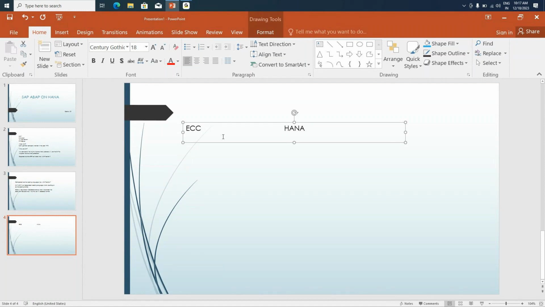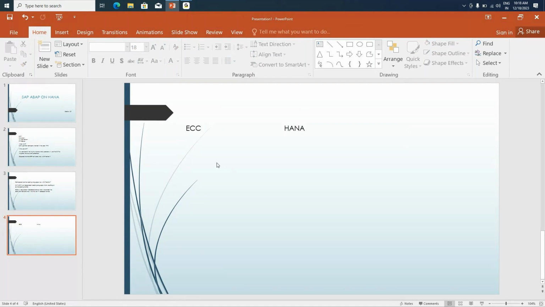Throughout our training, we'll see both. As the days go by, we'll start with ECC, and on the same day or the next day, we'll look at how different it is in the HANA system. Every day we'll look at both of these versions, because there are people out there looking for both kinds of resources. Few companies are looking for resources who are trained and have experience on ECC systems, and few companies, if they are going for new technologies and implementing new methodologies in their company, are looking for the HANA system. That is the reason we look at both ECC as well as HANA systems.